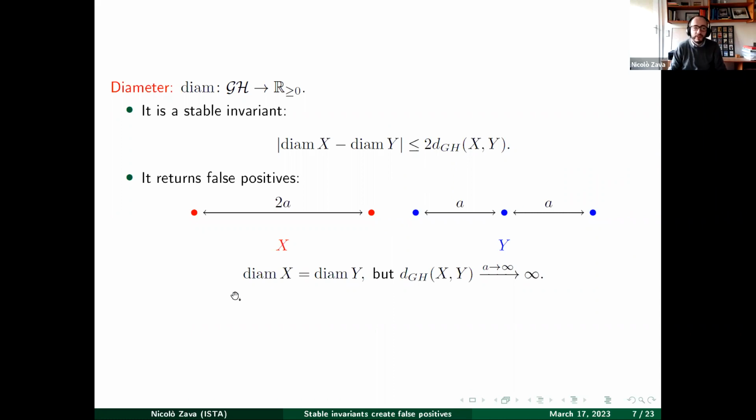Here I have an example. You have the diameter of x is equal to the diameter of y, but if we let the parameter a increase, then the Gromov-Hausdorff distance between these two spaces actually tends to infinity. So we have situations in which these spaces are as far apart as you want, but the diameter is going to be the same. So now you may argue, well, we didn't have high hopes about the diameter, but can we maybe refine